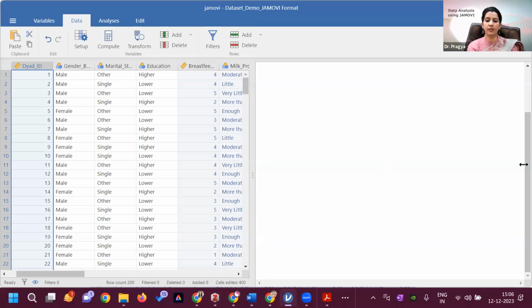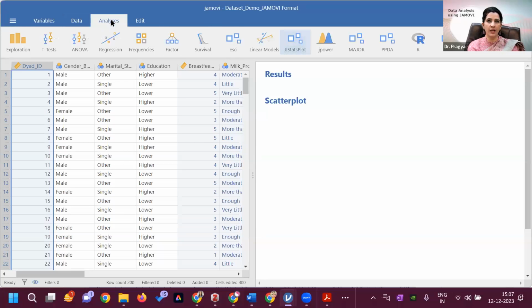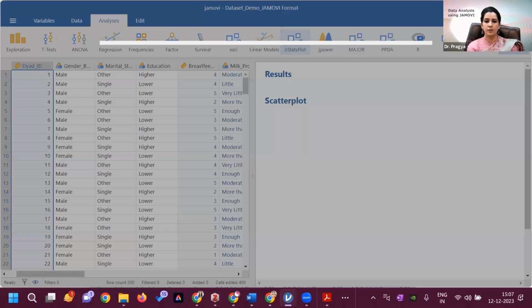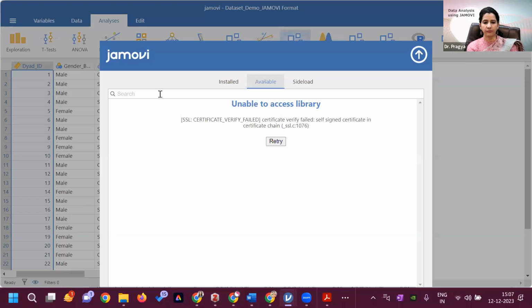Now coming to the analysis. In analysis, we have also shown how to install a module, because if you download the basic module of JAMOVI, it will not have functions like survival and all those. For survival, what you do, can you see a plus sign here? Click this plus, and here you will see there is a JAMOVI library. You go, and then you type survival,